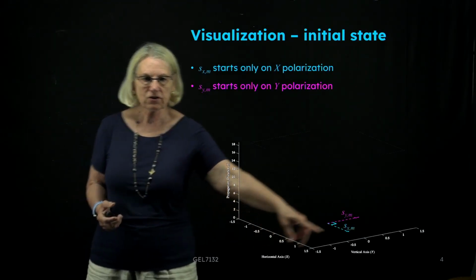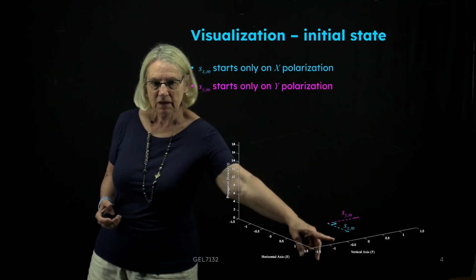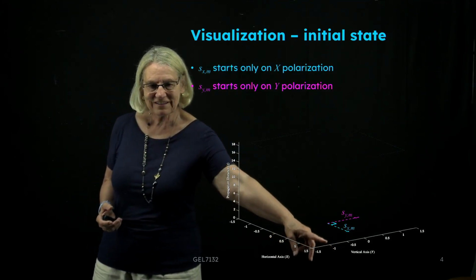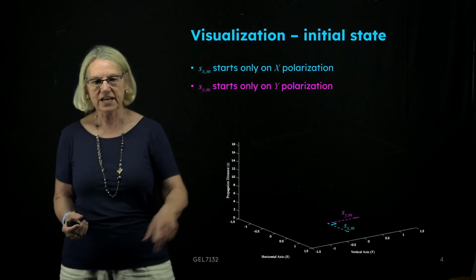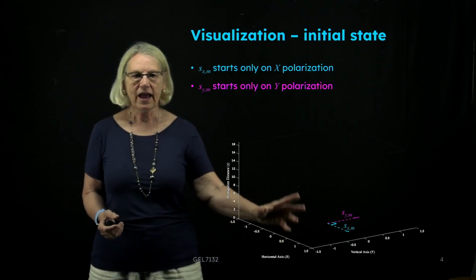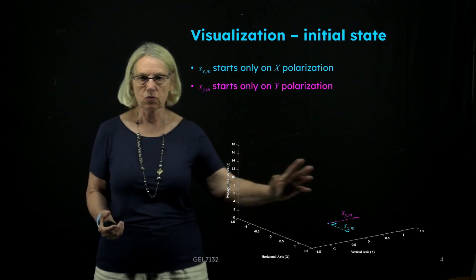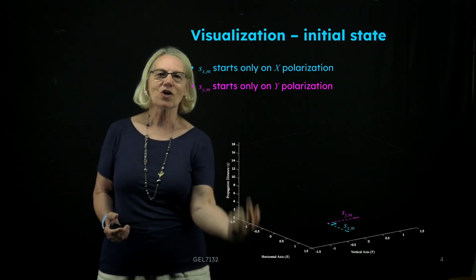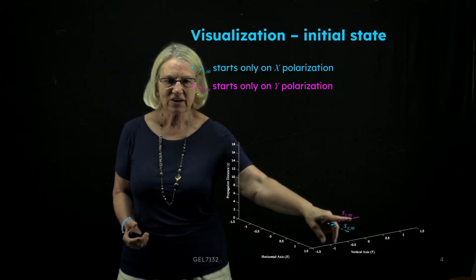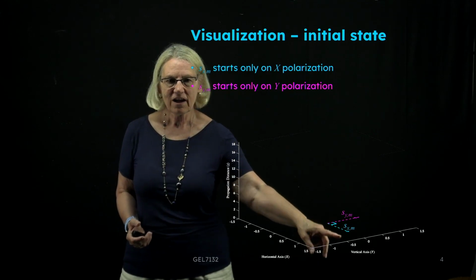We have here, let me say, an absolute reference for our polarization on the X and the Y, and then the Z is our propagation. So we're going up and along the fiber, and we're starting out with our data here, where we